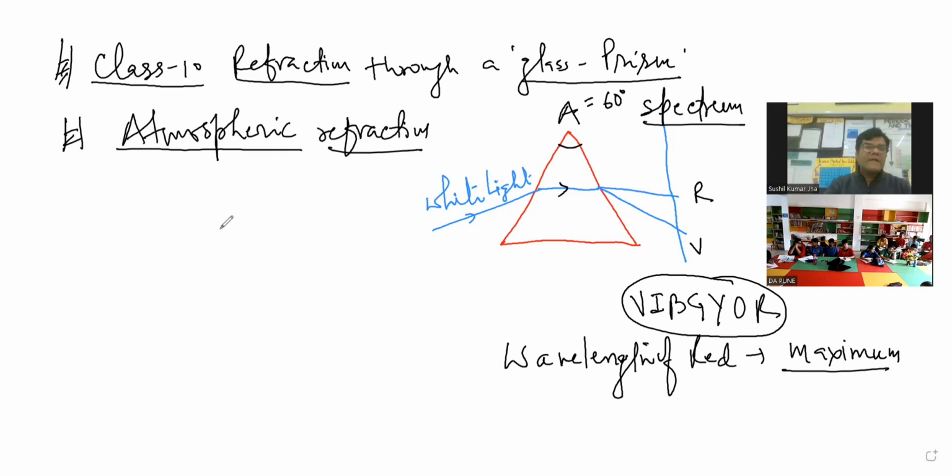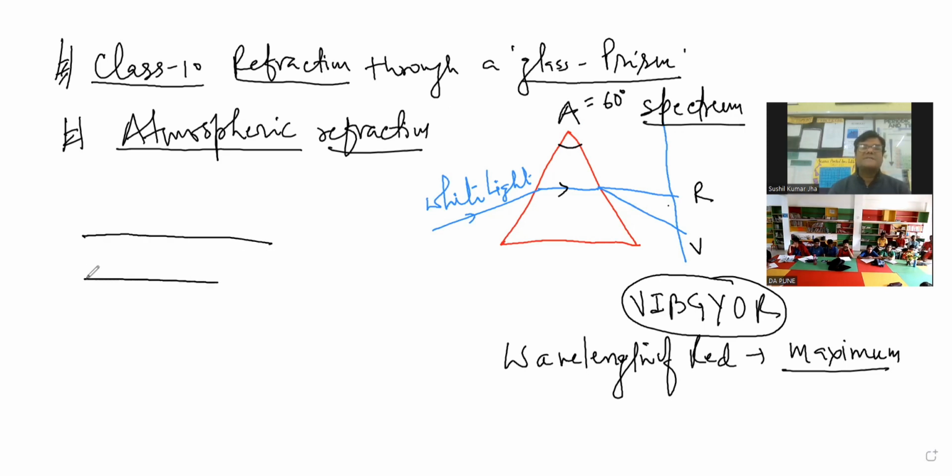When you look into the sky, a clear sky especially at night, many stars are visible, but the relative position of the stars is shifting from its original position. It's not fixed or stationary. Why? Because